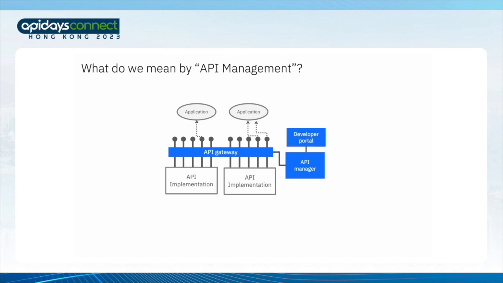And finally, there needs to be some kind of developer portal or catalog, a way for developers of those consuming applications to discover what APIs are available and to get the details they need to write their applications. Ideally, this will include some kind of self-service sign-up, a way for those developers to register for access to an API that they discover and to create all the credentials they need without having to go and find or talk to the owners of those back-end API servers.